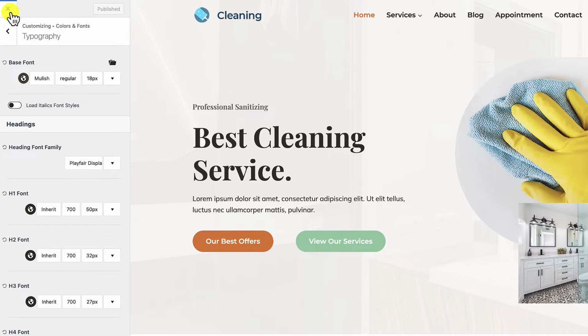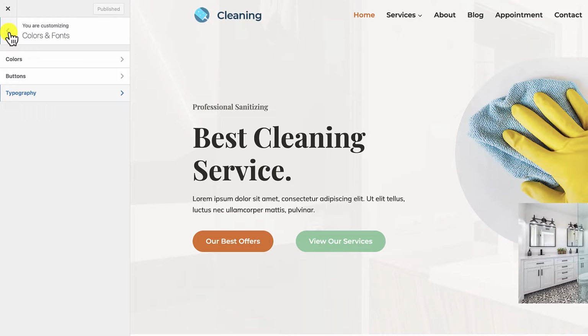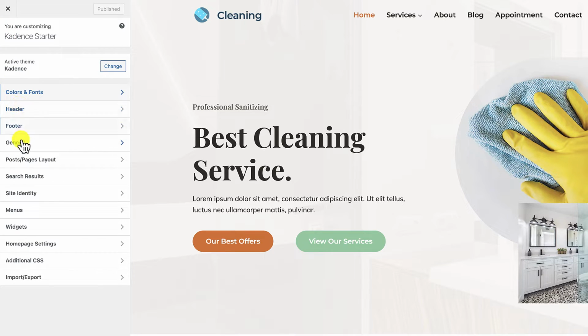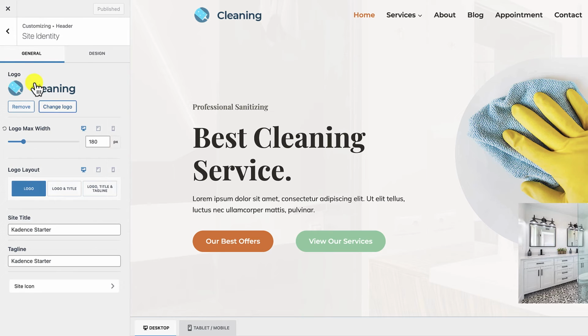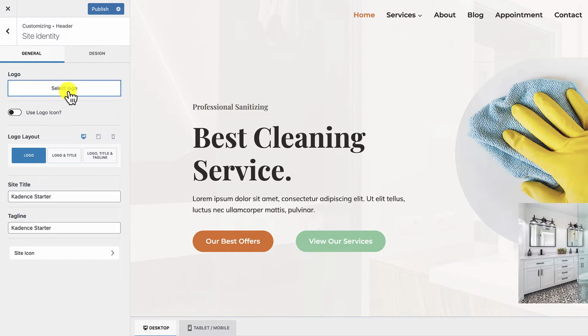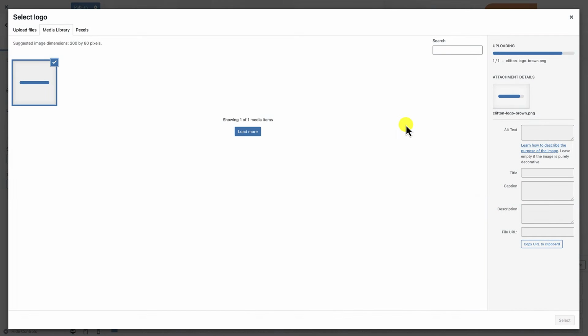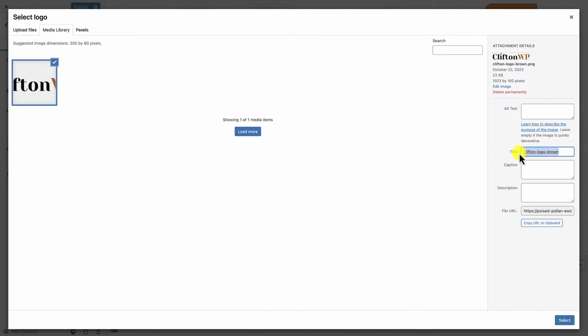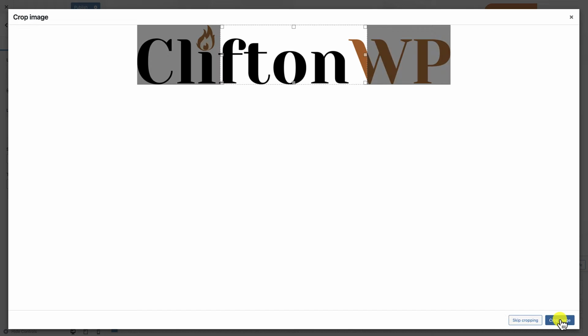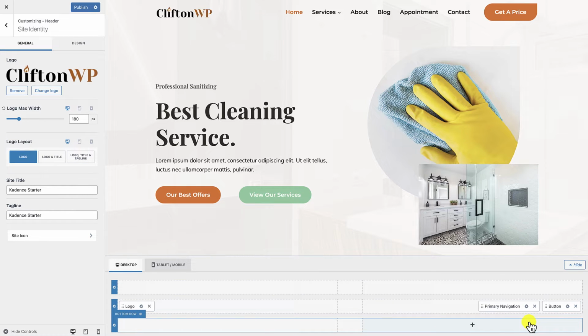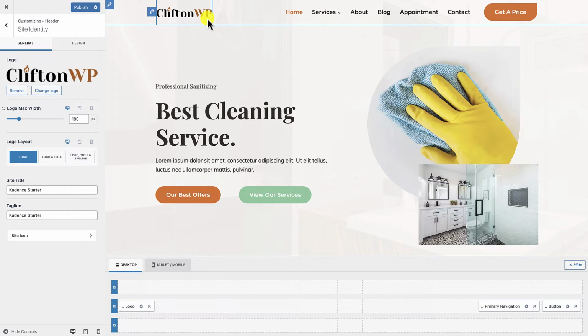The next thing that I want to do is I also want to change this logo. So we're going to go back, go to header, click on logo, and I'm going to click on remove logo, and then I'm going to select a logo from the computer I have here somewhere. There we go. And we're just using the CliftonWP placeholder logo for now. I'm going to skip cropping, so Kadence will take care of that for me. And now we have our logo in place, and it corresponds with our design. Okay, I'm going to go ahead and publish my changes